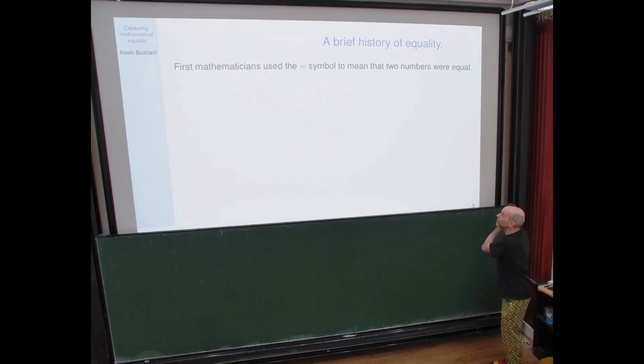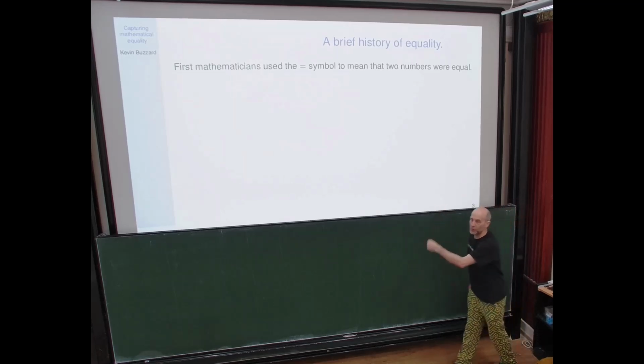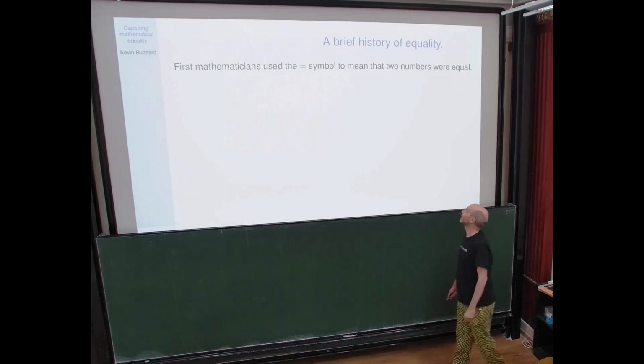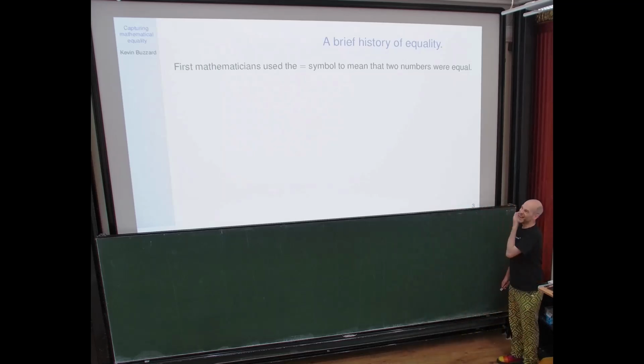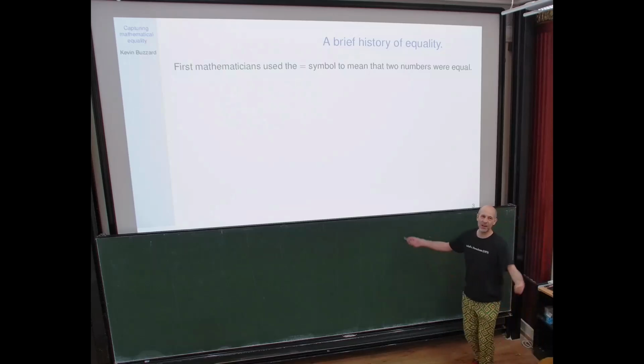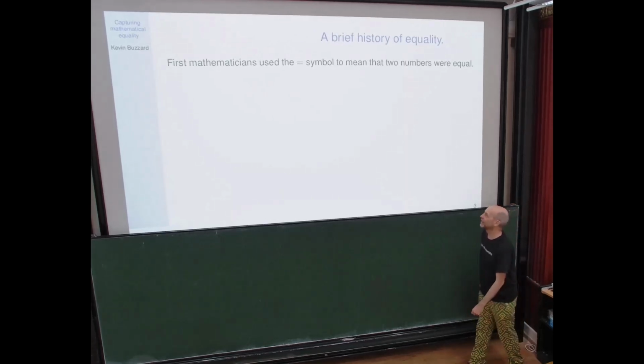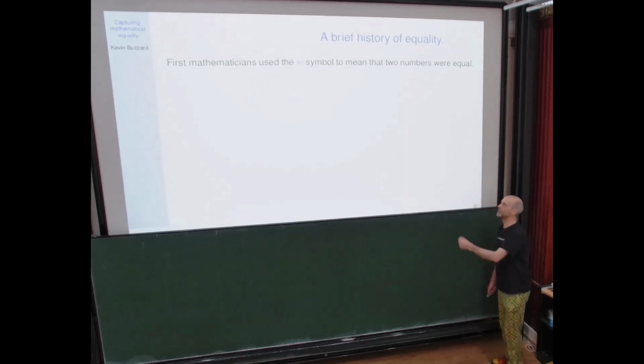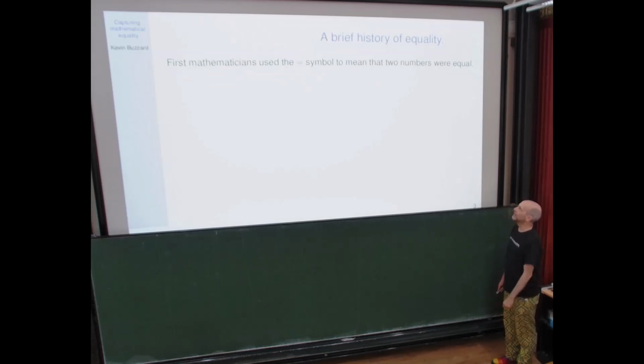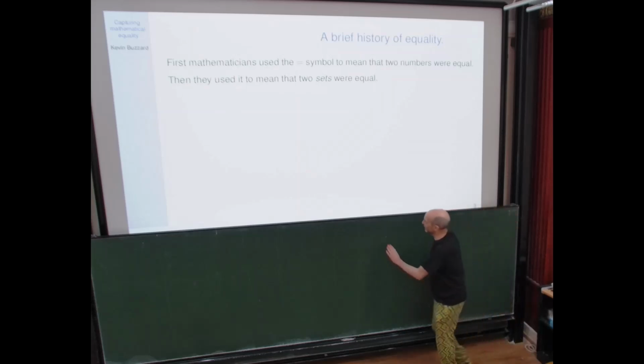So, a brief history of equality. First of all, people use A equals B, 2 plus 2 equals 4. You use equals to mean that two numbers are equal. Back in the days when there were sets of numbers, like the real numbers, but people weren't specifically interested in comparing sets of numbers, they were interested in numbers. So historically, equality means that two numbers are equal,